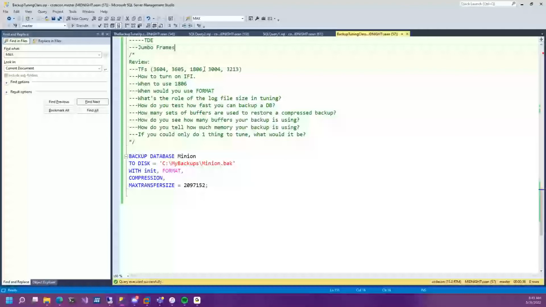No. If 1806 is on, we will make it off, and then we will create the database. Okay. And do you think that'll do it? Create database and